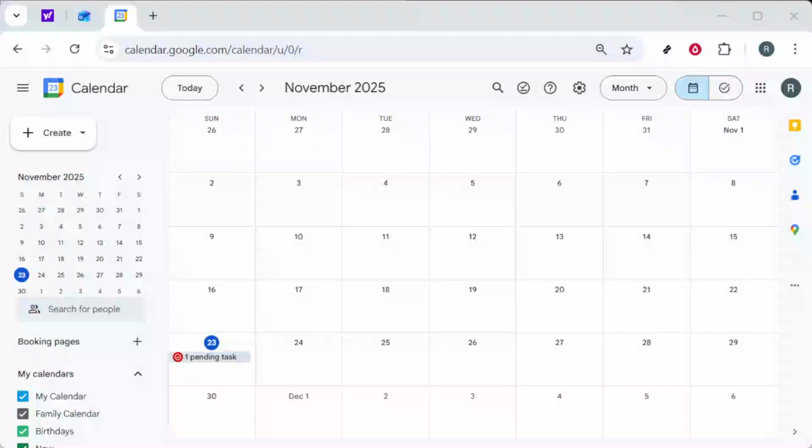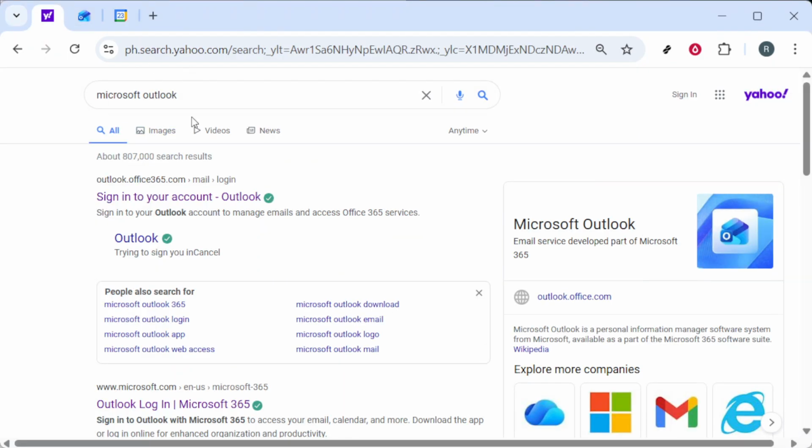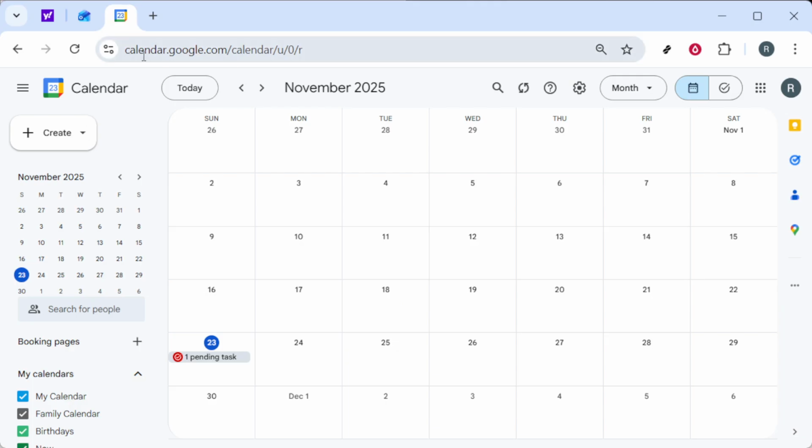In today's video, I'm going to teach you how to sync Outlook Calendar on web. By the end, your Google Calendar events will appear in Outlook on the web so you can see everything in one place. Start by opening Google Calendar in your web browser and signing into the account that holds the calendar